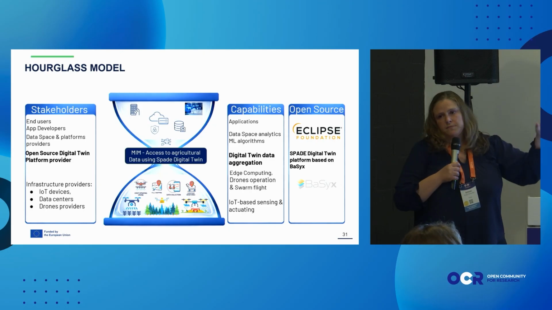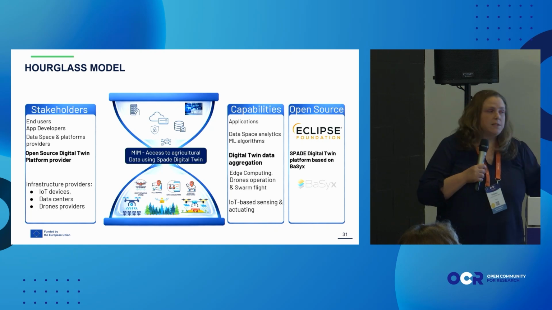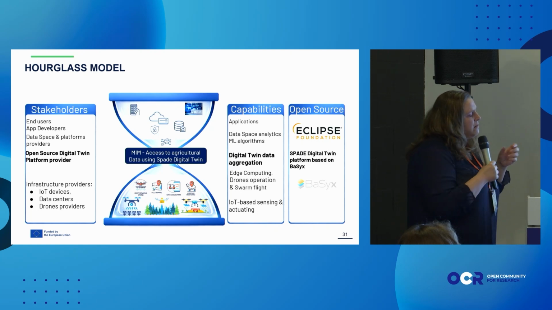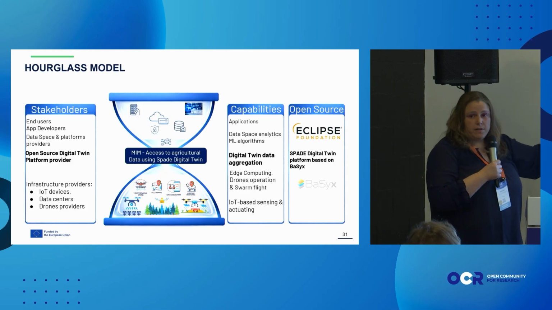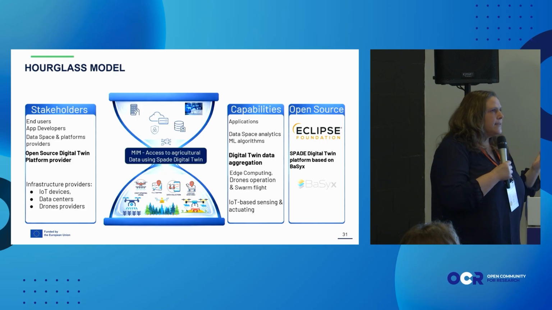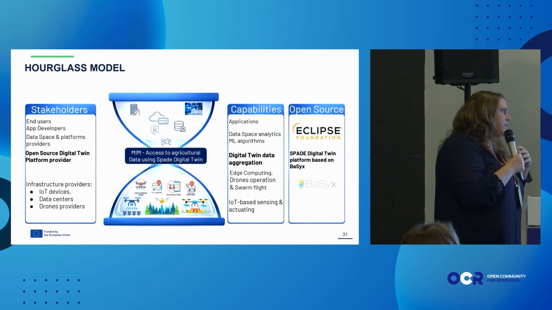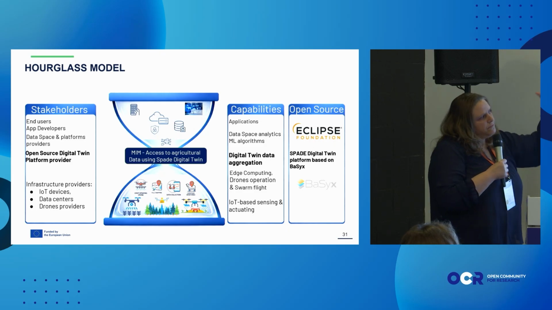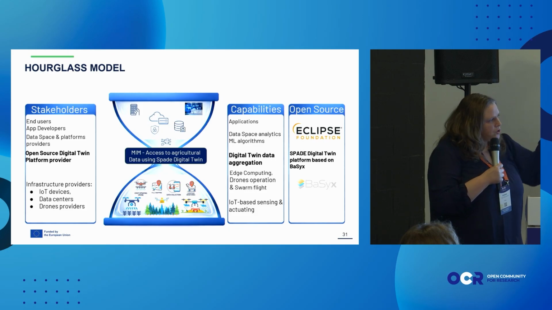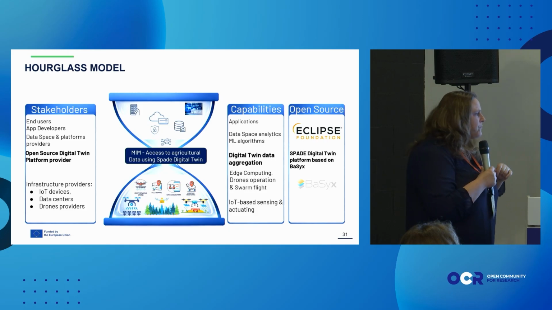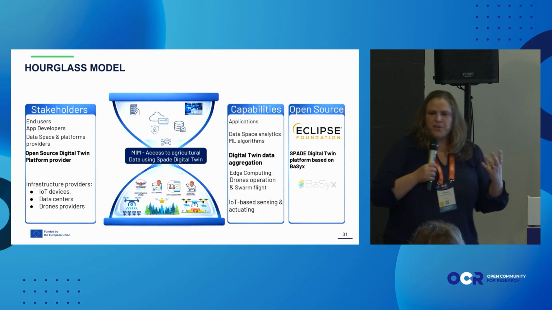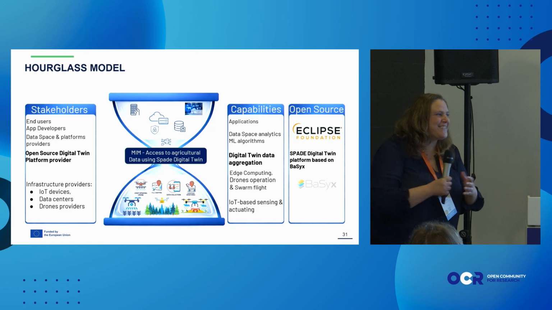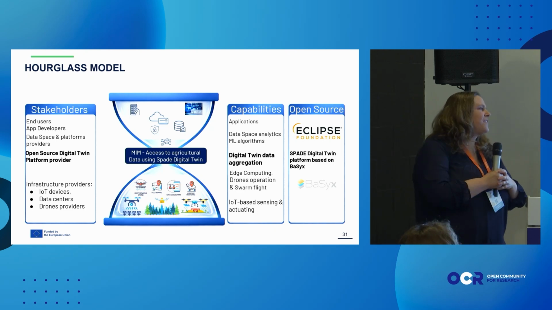If we go to the right side, we have the different capabilities. We have already said one important one is the digital twin data aggregation, data space analytics and machine learning algorithms to analyze the agriculture data for making decisions, different applications on that, the edge computing, drones operation, and swarm flight, and of course IoT-based sensing and actuating. And we will finish with open source, which is the core of this presentation also, together with the Hourglass Model